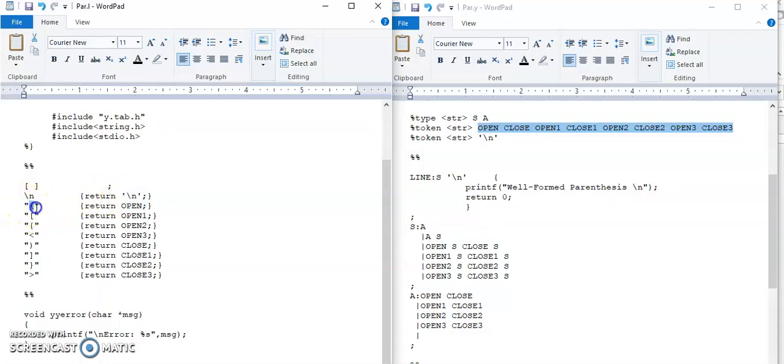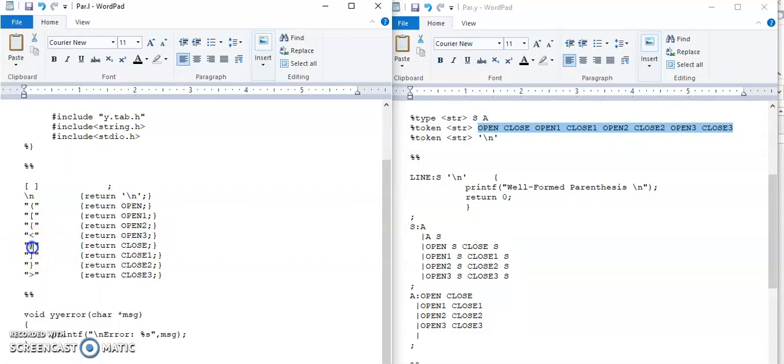If the input contains an opening bracket, then the token is open. If the input contains a square bracket, then the token is open 1. For a curly bracket, the token is open 2. For an opening angle bracket, the token is open 3.